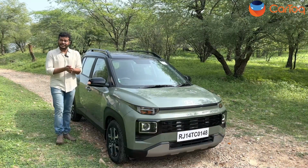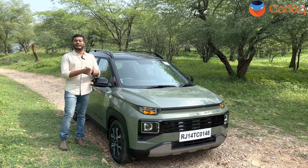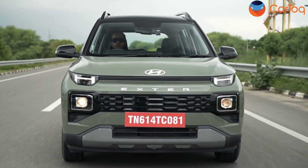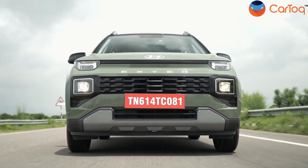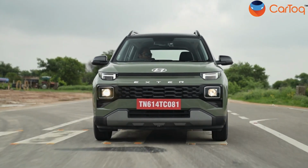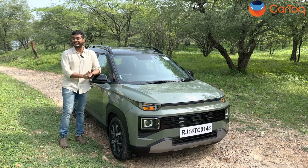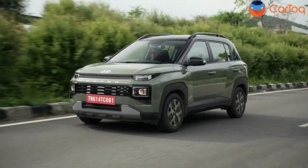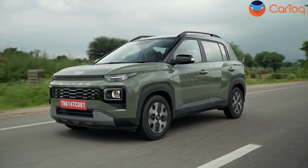The new Hyundai Exter is powered by a 1.2 liter petrol engine. It's a naturally aspirated 4-cylinder engine, which means it gets an extra cylinder compared to the Tata Punch, which will make it smoother to drive. It is also the only car in the segment at the moment which gets a factory-fitted CNG option. With petrol, the 1.2 liter engine produces a maximum of 83 PS and a peak torque